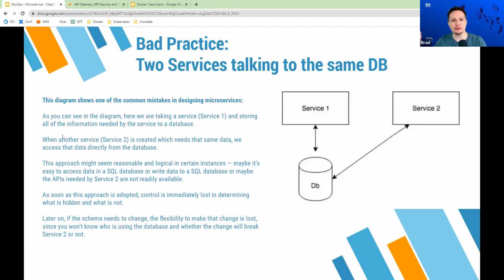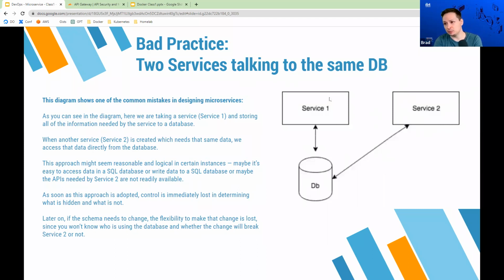And then maybe service 2 wants that data and says, oh, I need a list of the restaurants. Instead of calling service 1, it just reads the database. And service 2 goes, oh, I understand databases. You have this table called restaurants, and you have this field called name and another field called location. Okay, I'll just read your database and build my application off that.